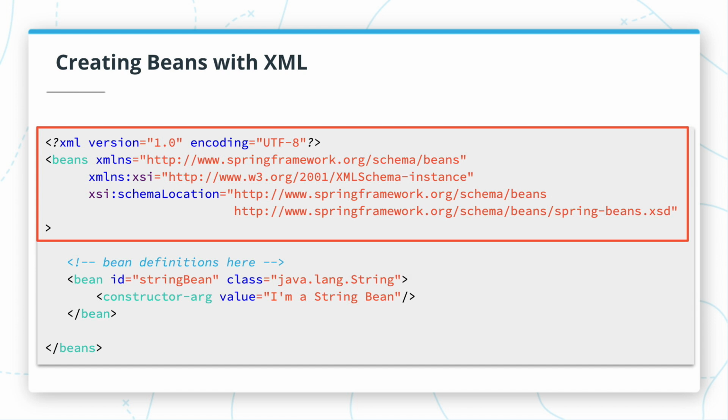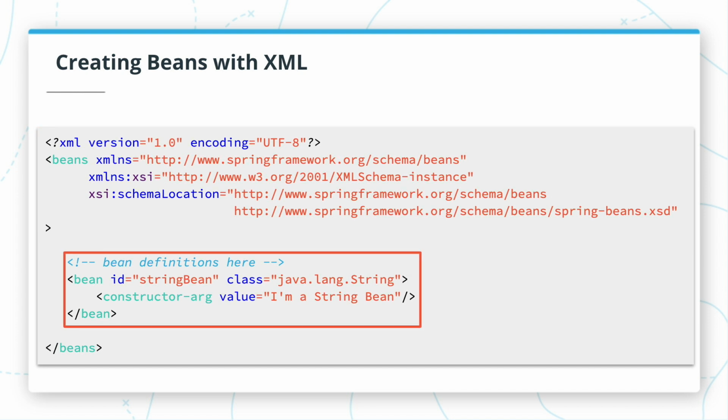Every child element represents a bean or bean configuration option for Spring. So, for example, to create a static string bean, we can write this. We configure a new bean by adding a bean element as a child of the beans element and giving it an ID. We don't have to do this when we use annotation-based configuration because Spring will automatically generate an ID based on either the annotated method or class name. In this XML configuration, though, it's important to be explicit because bean IDs are how we declare dependencies.